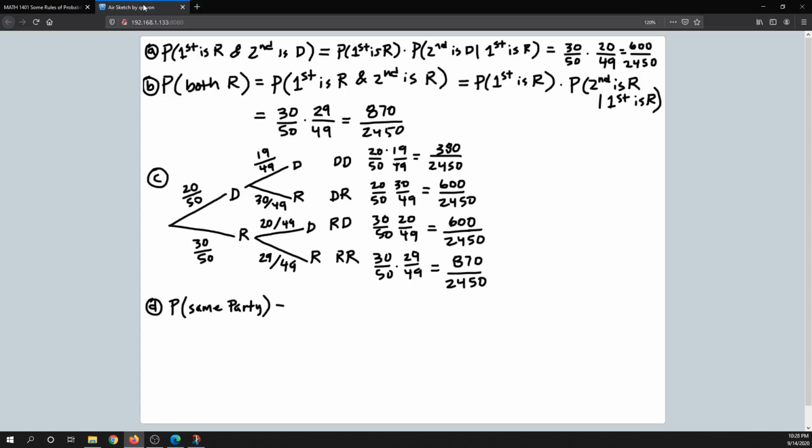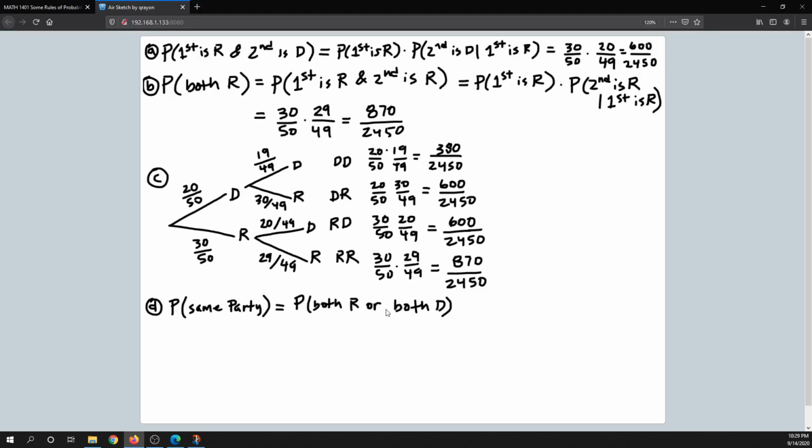All right, so again, writing it as same party tells you what it is, but it doesn't really help you calculate it or know which rules to use, right? So what you would have to do is write that using one of the connectors that we've already talked about. Just think about what it would mean for both to be picked from the same party. Another way of saying that would be that they are both Republican or both Democrat. Okay? So that's a little bit different than the problems that we've been working on here. Okay? So the probability that they are both Republican or both Democrat,